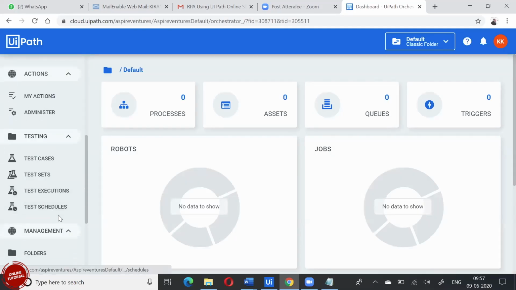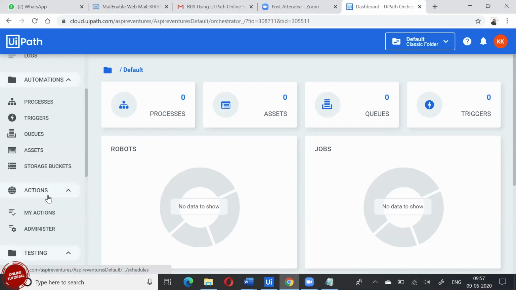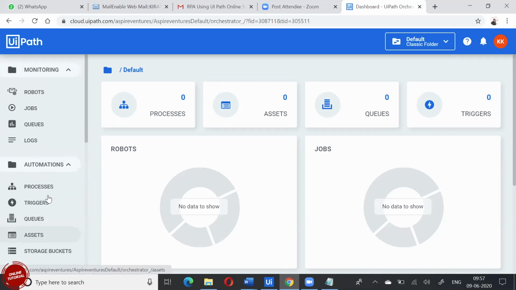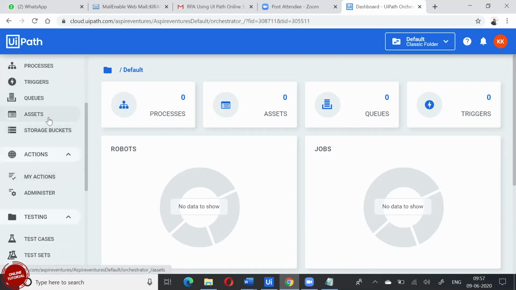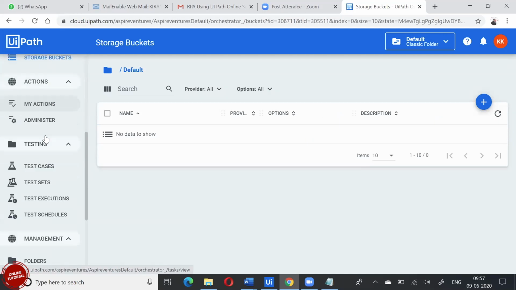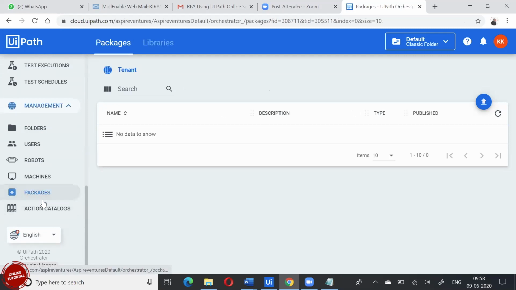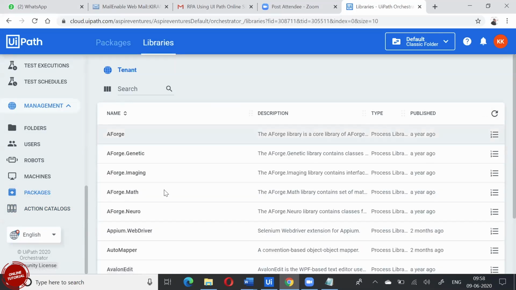Here, you can see something called libraries.